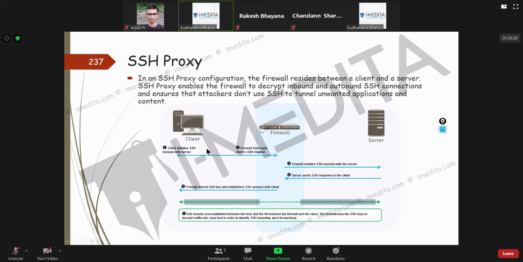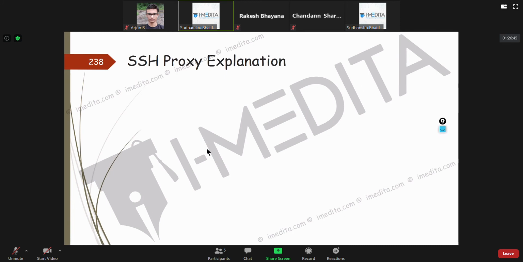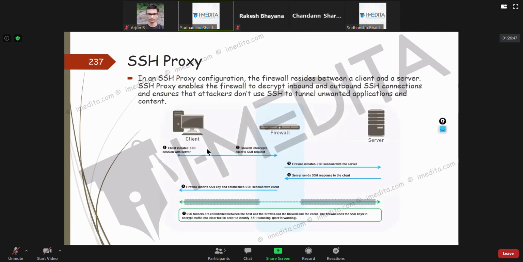The firewall generates its keys and sends them to the client. So now the client has an SSH connection with the firewall, and the firewall in turn has a connection with the actual server. So it can look at everything the client is sending to the server. Again, this part is from the PAN-OS admin guide, so go ahead and read it from there.